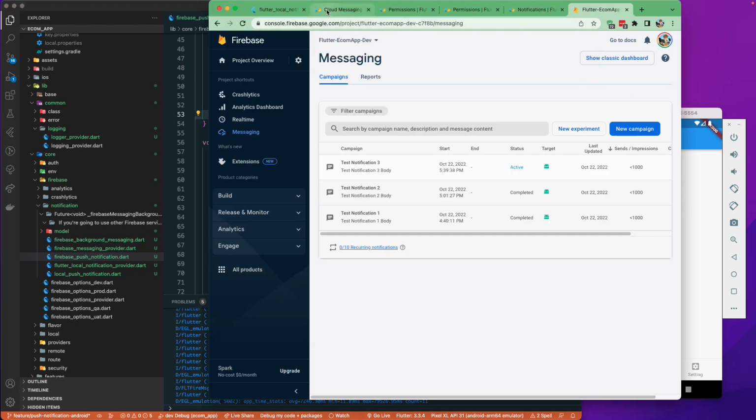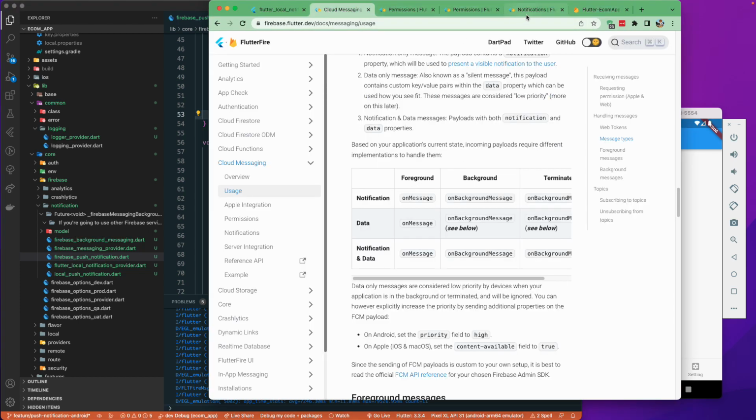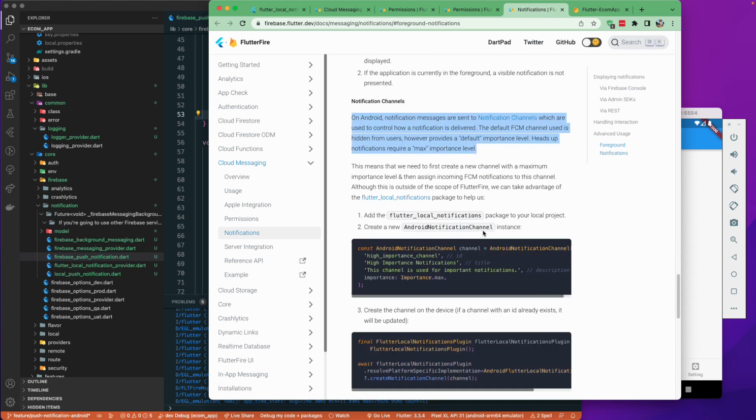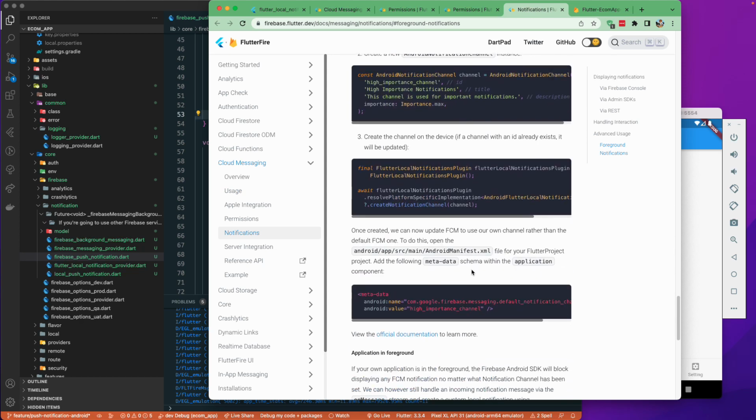If you go to the documentation, and go to this particular section where we are defining this, we also need to add this particular content to our manifest file. So once created, we can update the FCM to use our own channel rather than the default FCM one. To do this, you need to go to the Android app source main, and the Android manifest, and inside your Flutter project manifest, add the metadata within the application component. So we need to copy this,